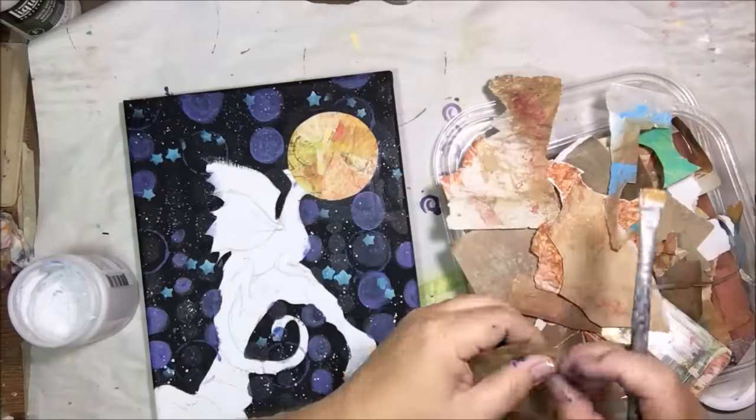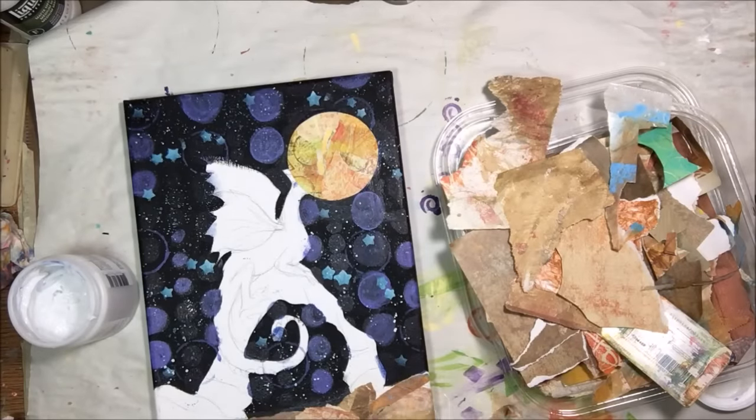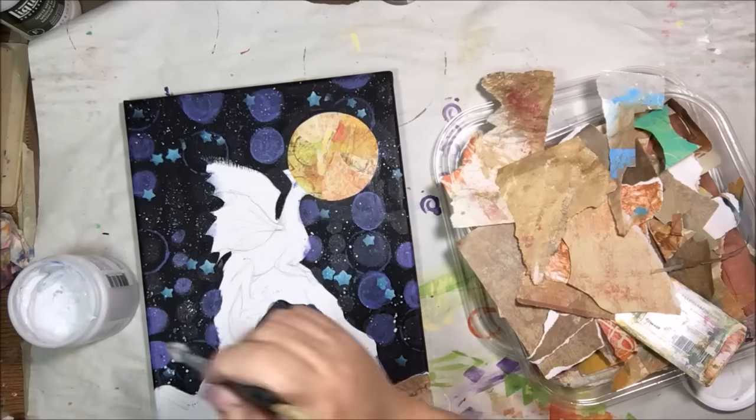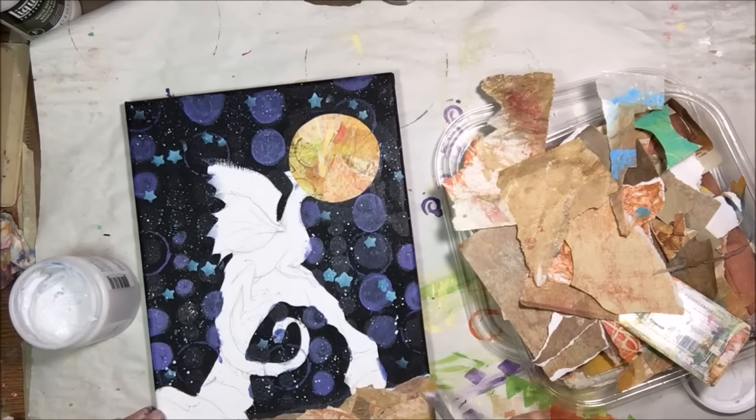I thought about making an arch on a cathedral and having the dragon on top, but I just couldn't get this arch out of my mind. I went camping there years and years ago. Well, it wasn't that many years, but